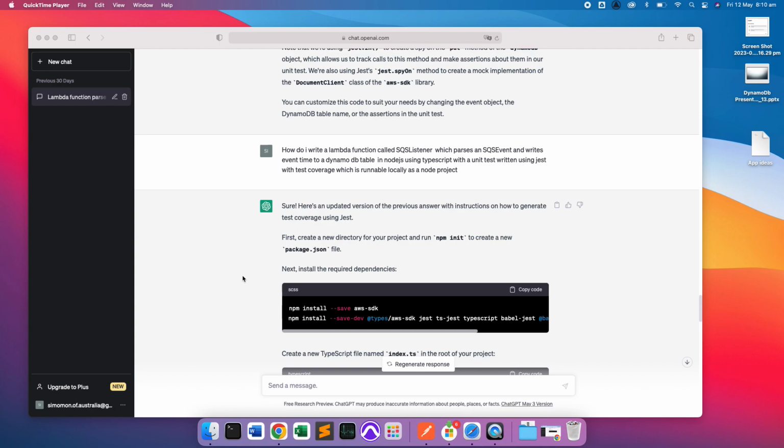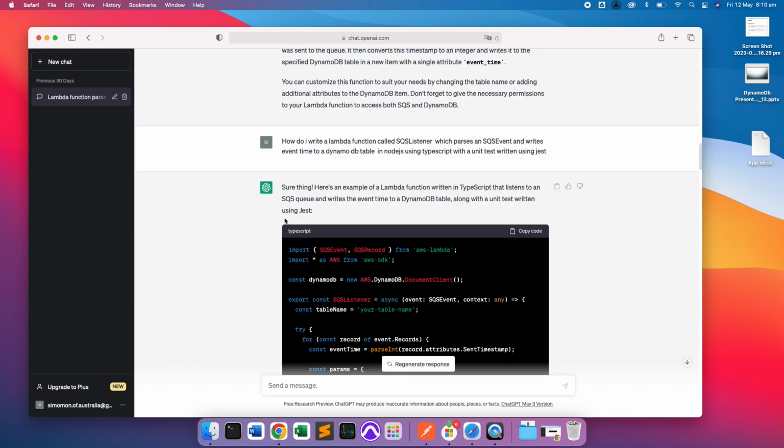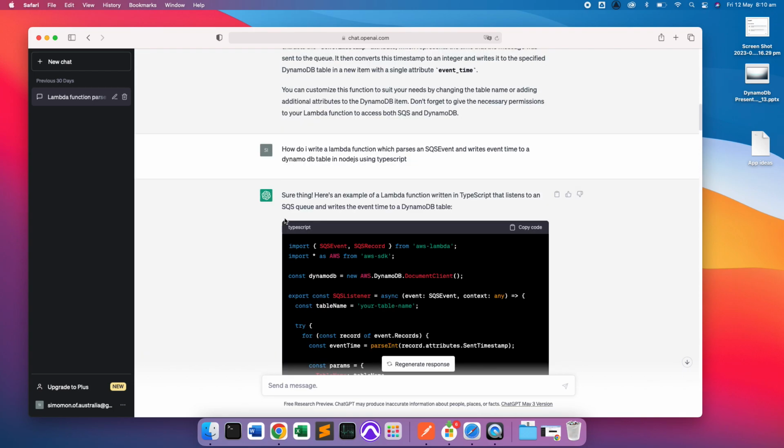So here's just a quick comparison of ChatGPT 3 and ChatGPT 4. I've asked it a question over several iterations. I started with a very general question right at the top here with